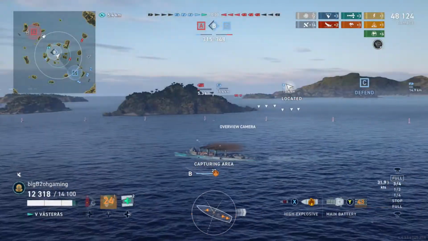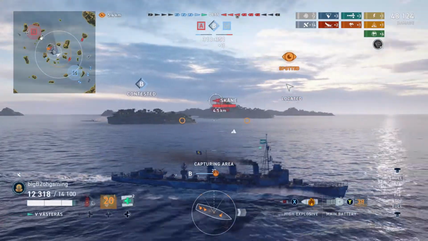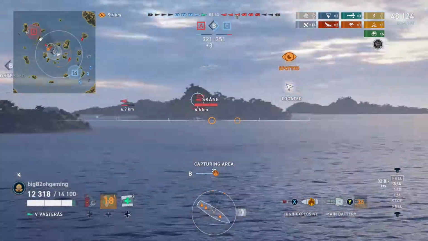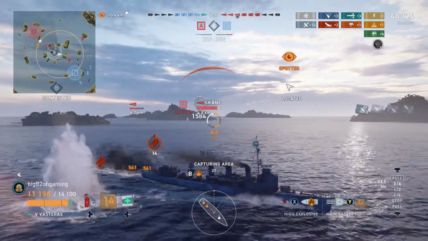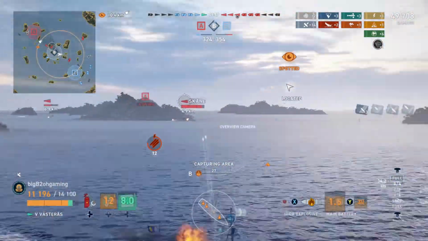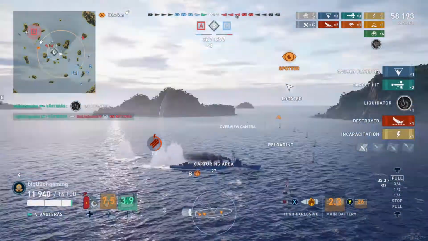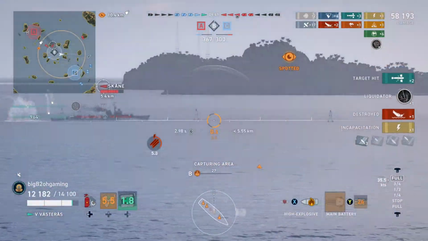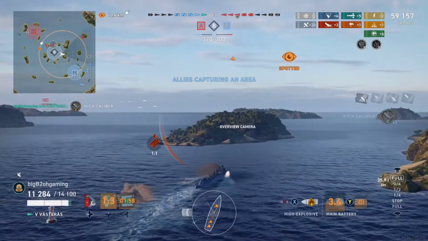I get spotted for a split second and I am located, so I know that there is a destroyer nearby and the cap is contested. The enemy Skane gets spotted, as well as another destroyer that is in the cap. And like I said, this destroyer does not have good main battery DPM,